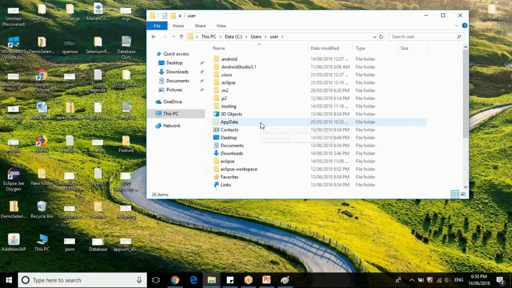You will be able to see this AppData folder. Android, open Android. So this is the root of your Android SDK. The Android SDK is installed in this particular location.